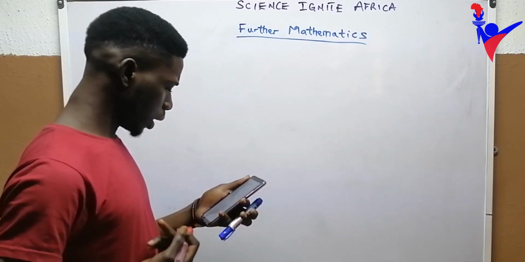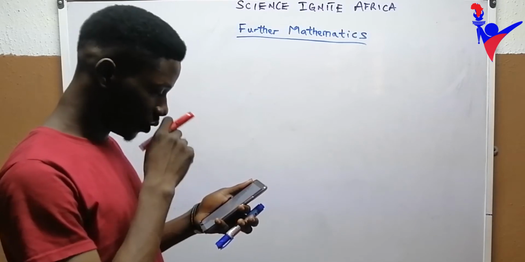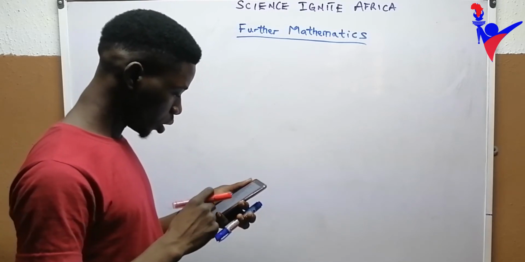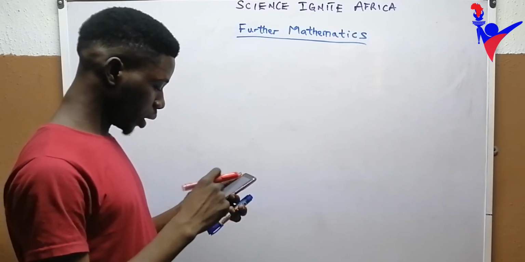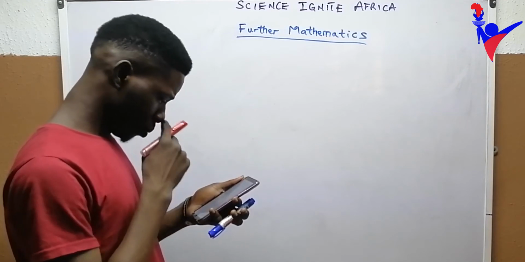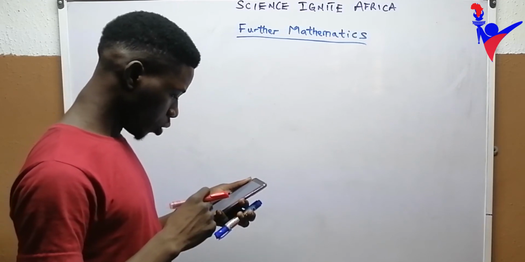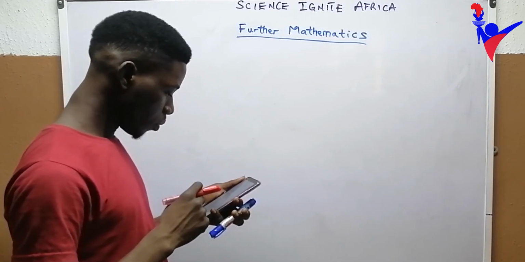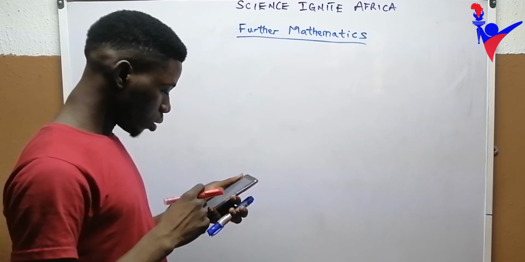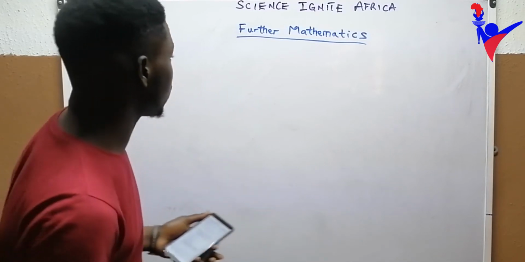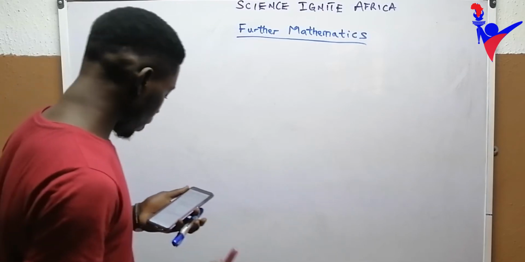So I have here the 2011 further math question, the theory aspect. I want to pick question number 10, so I'm starting from question number 10. Question number 10 says